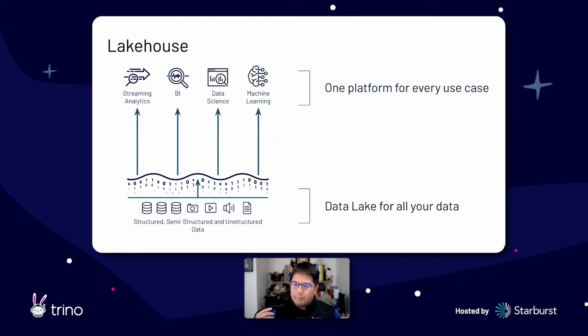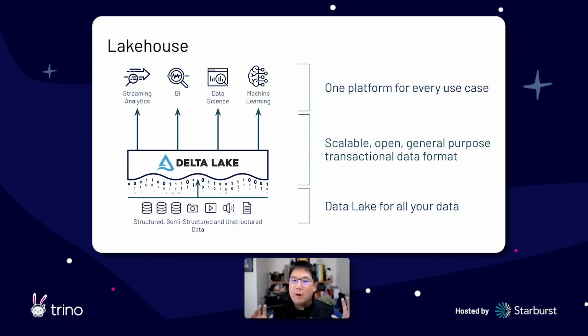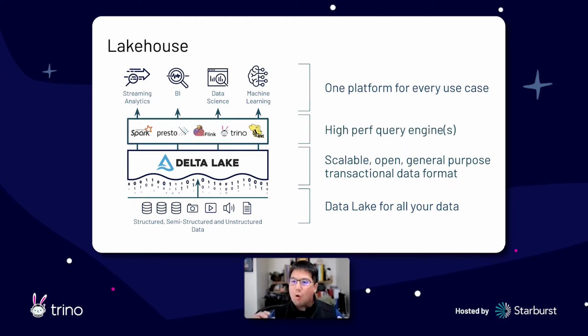So how do you reconcile these two? Okay, so there are multiple versions of lakehouse, and obviously today we're going to be talking about Delta Lake, but the key most important aspect, especially here in this conference of Single Neutrino, is that you really need this concept of somewhere in between, where you have a data lake for all your data, and one platform for every use. Okay, you need somewhere in between. And how you do that is with Delta Lake: a scalable, open, general purpose transactional data format. That's a fundamental concept in order for us to be able to do it.